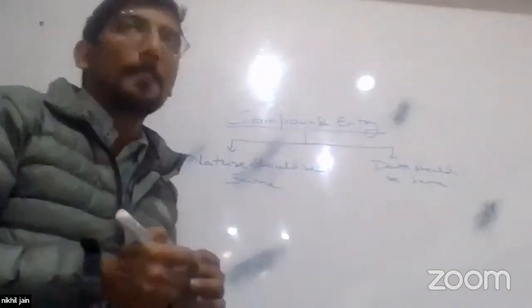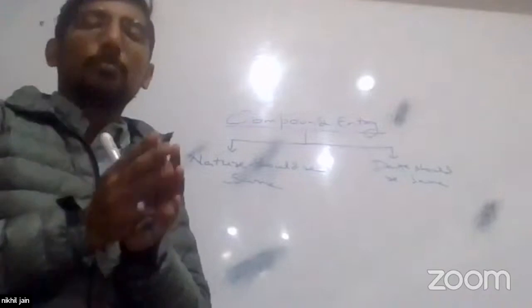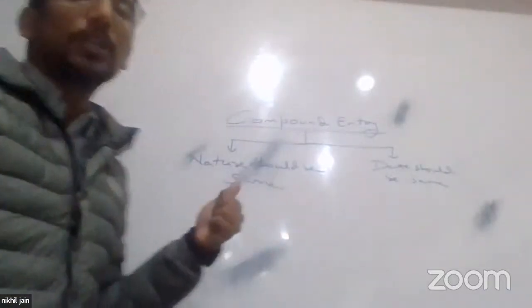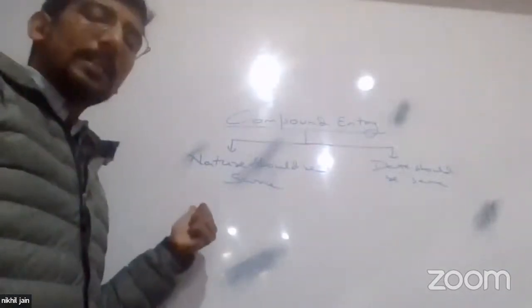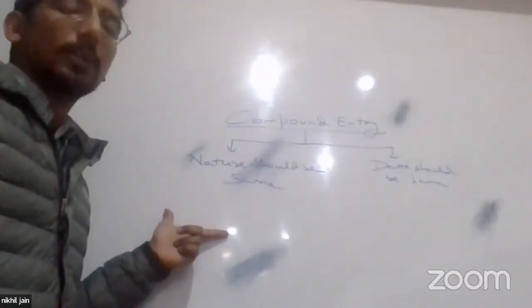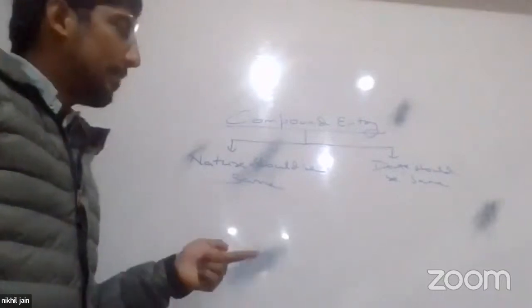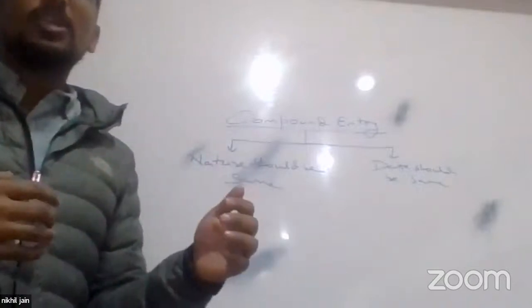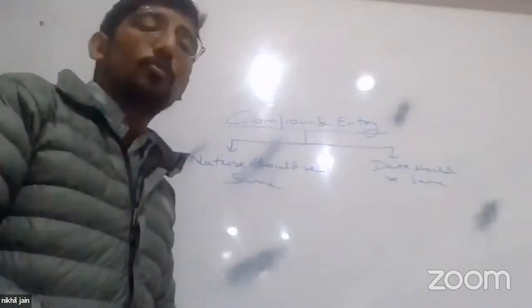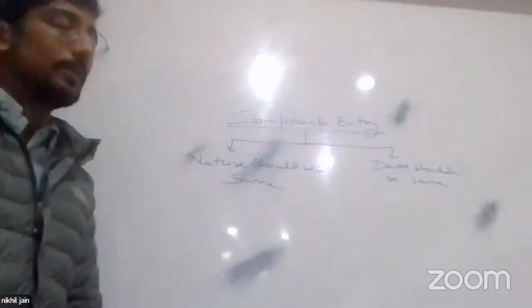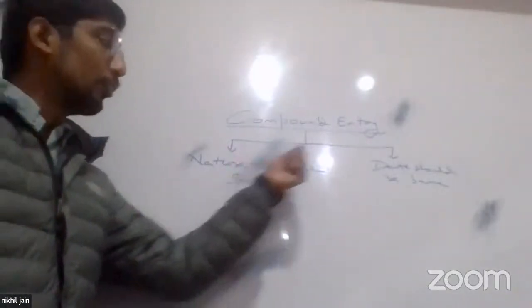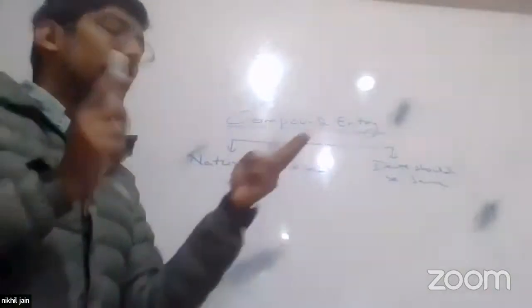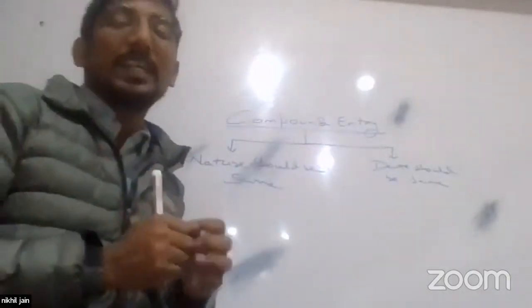कंपाउंड एंट्री होता क्या बेसिकली? कंपाउंड एंट्री वैसा एंट्री है जिसमें हम लोग एक से ज्यादा आइटम को डेबिट में या एक से ज्यादा आइटम को क्रेडिट में दिखाते हैं। अभी तक हम लोग जितना जर्नल एंट्री पास किए उसमें एक ही आइटम डेबिट हो रहा था, एक ही आइटम क्रेडिट हो रहा था। बट अब हम लोग क्या देखेंगे कि या तो डेबिट में एक से ज्यादा आइटम आएगा या फिर क्रेडिट में एक से ज्यादा आइटम आएगा। तो उस तरह के एंट्रीज को हम लोग क्या बोलते हैं? कंपाउंड एंट्री। तो इस दोनों चीज को ध्यान रखना है कंपाउंड एंट्री में, ये बहुत जरूरी है कि नेचर सेम होना चाहिए और डेट भी सेम होना चाहिए।